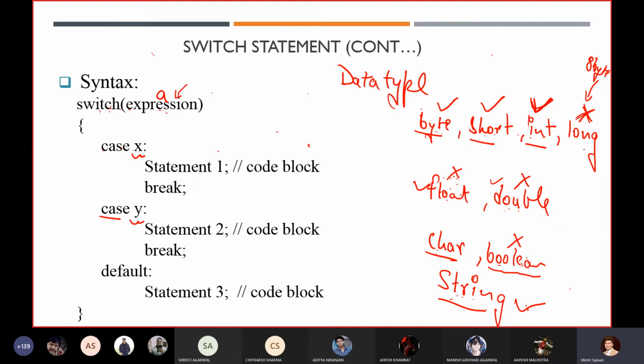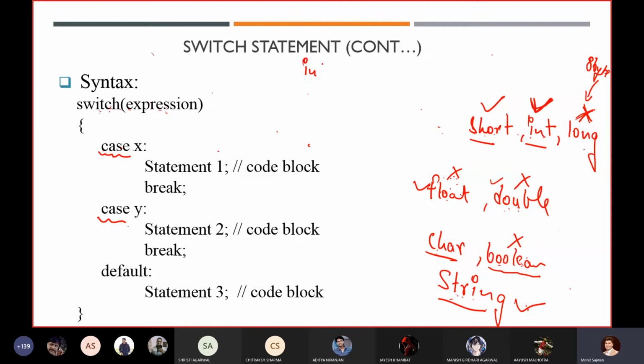Now the second thing we need to consider about our switch statement is related to the case. Again, this is a keyword which you need to write. Let's write a program.